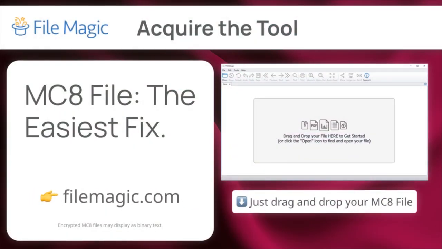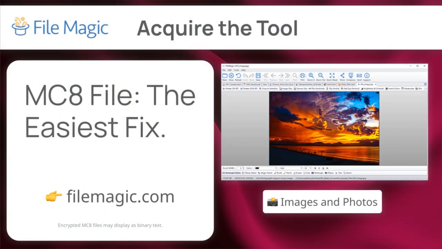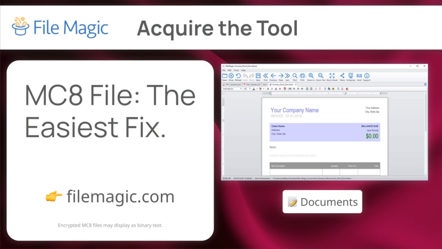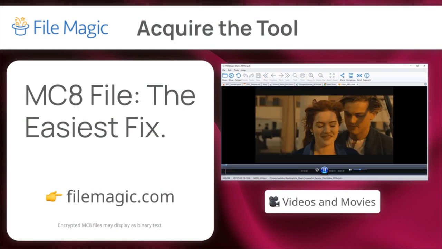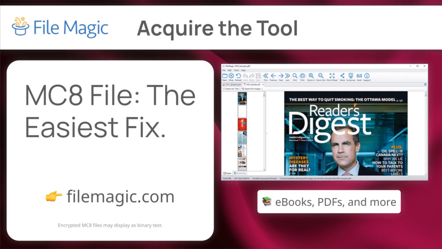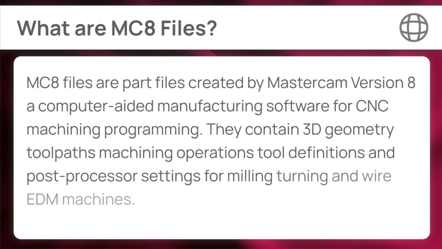Preventative action: I strongly suggest keeping a universal file reader on standby. It often gives you access to the contents, even when the MC8 format fails. More on this later. MC8 files are part files created by Mastercam version 8, a computer-aided manufacturing software for CNC